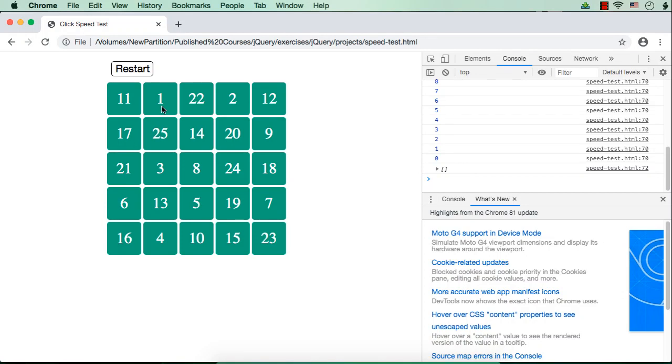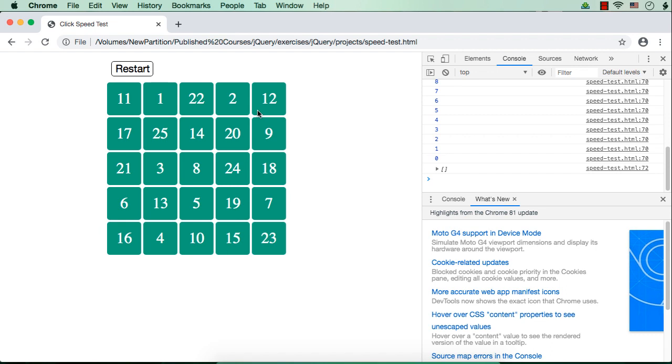Now we have added numbers from 1 to 25 at random positions. Next, when the person clicks on these numbers in the correct order, that is, the person has to click 1 first, and when he clicks on the box with text 1, we actually have to place a random number from the array having numbers from 26 to 50, because we want to display the numbers from 1 to 50 here.